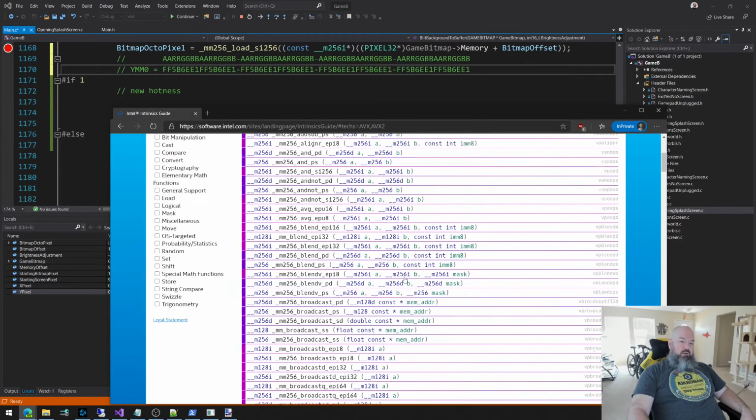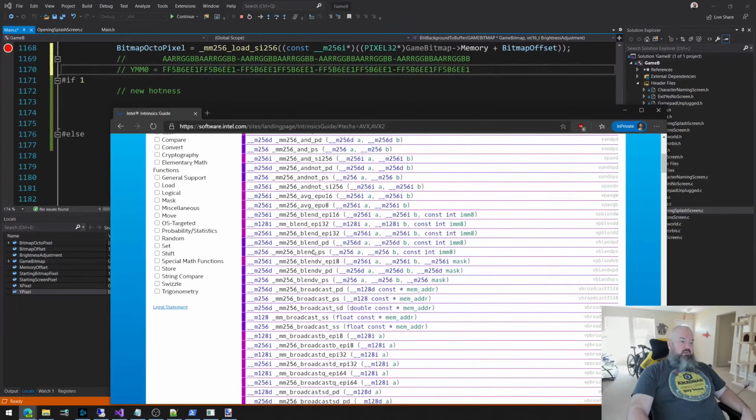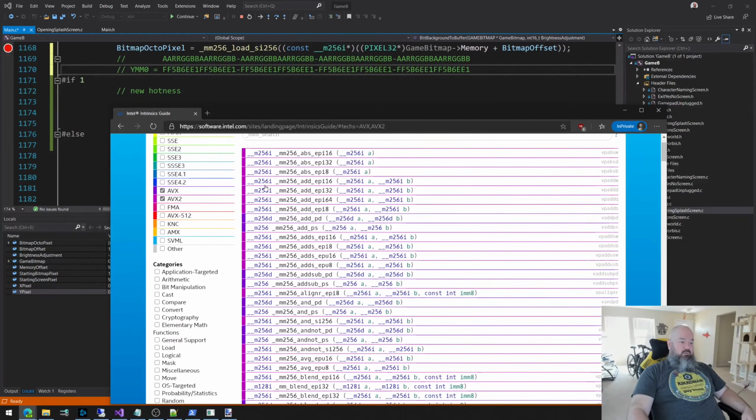You go down and you can see all of the intrinsics that apply to AVX and AVX2 operations. These intrinsics apply to those YMM 256-bit registers. That is why most of these intrinsics return 256-bit values, and why the function names start with MM256. And you also have the same syntax over here where you see